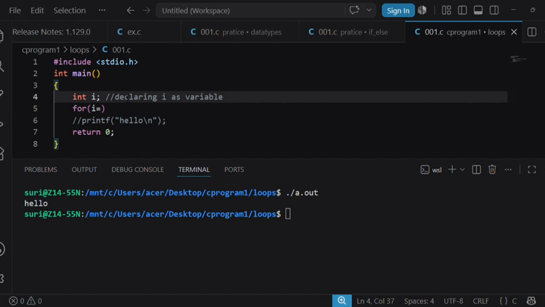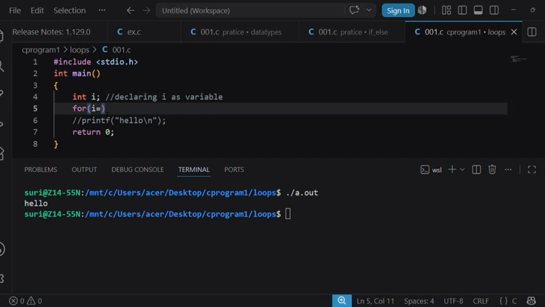After successfully declaring the variable, I am going to initialize it. From where can we start? We can start from 1, we can start from 2, we can start from 5. It's your wish. So I am going to start from 1. Semicolon. Next, we need to write a condition.